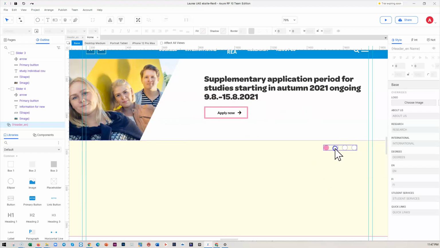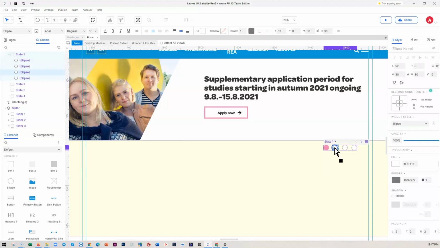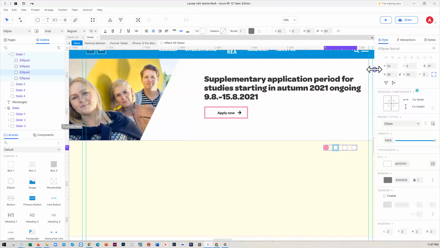And now let's try to add interaction to this. So if the user is clicking on that one, which is the second one, we will then direct this one to the slider or state 2 in this case. And we are also making sure that when you click on this one, the slider will change to slider 2. So all that I need to do is, let me just move this a little bit, go